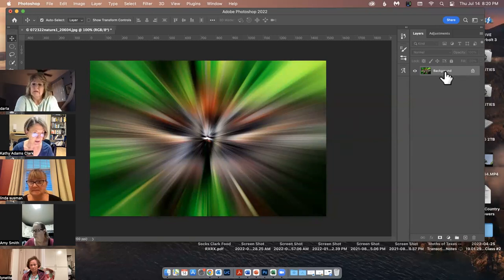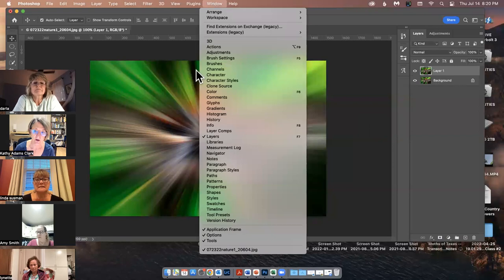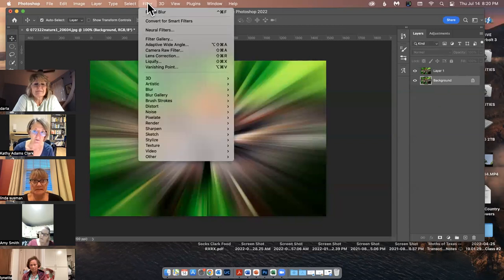Now we're going to duplicate the layer, and that's a simple Command J. See over here, this layer palette. By the way, if you don't see your layer palette, you go to Windows and click on layers. That turns it on. So just in case you don't see it, it's under Windows, layers. And then on the original layer that's now called background, we want to go to filter,